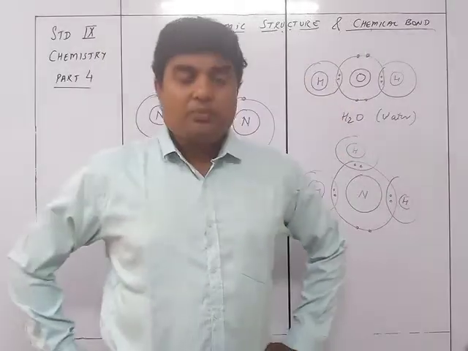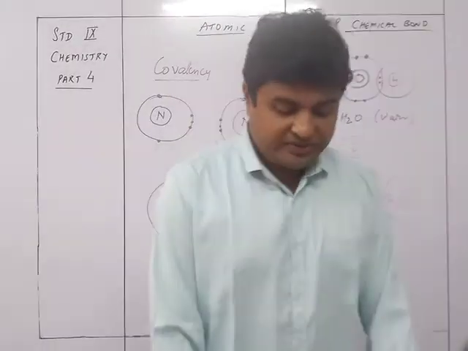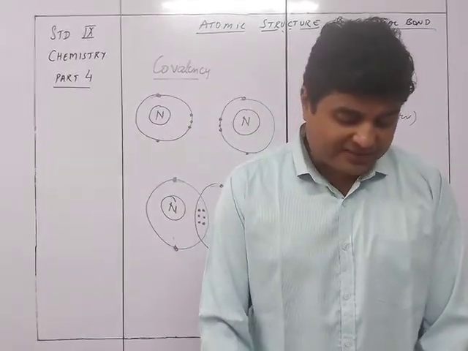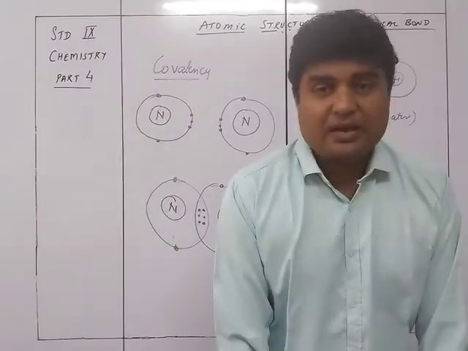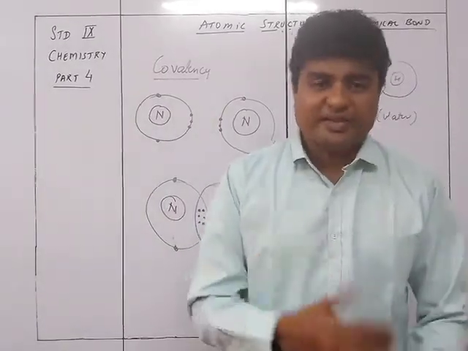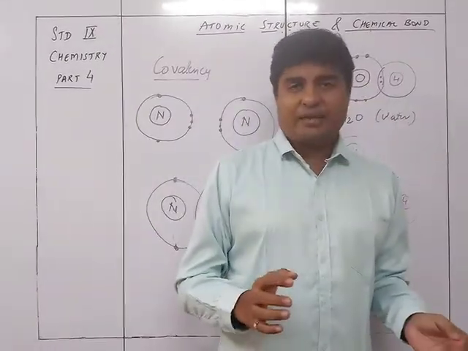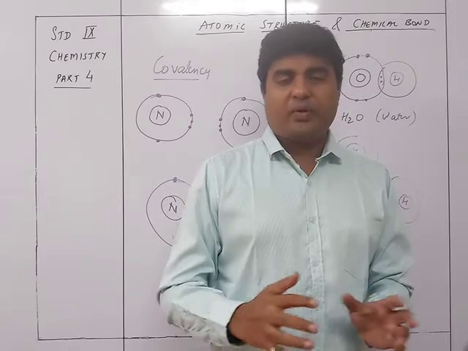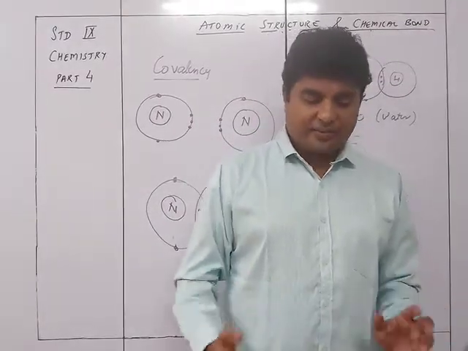Okay. Now we go to the next part of the chapter, that is chemical bond. This is not the end of the chapter. After the exercise of this part, you have another part of the chapter, that is chemical bonding. Chemical bonding is a part of the same chapter. Actually it is exactly the same thing. I don't know why they have made it, but they wanted to enhance the part on the chemical bond, and that's why they have given it as a separate chapter.